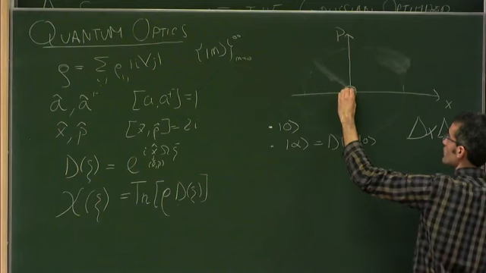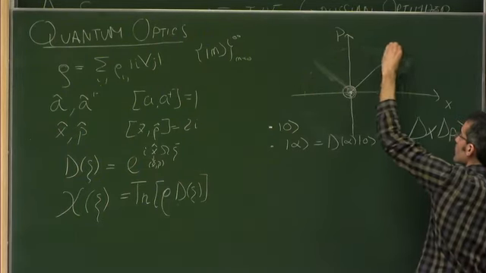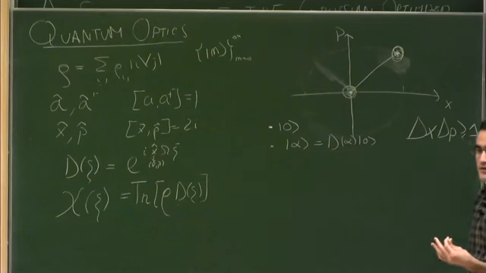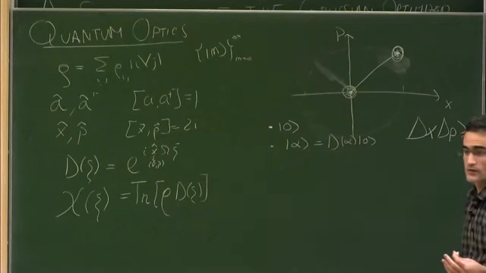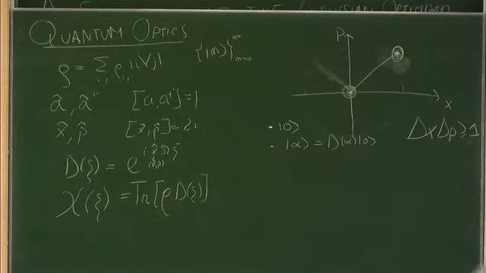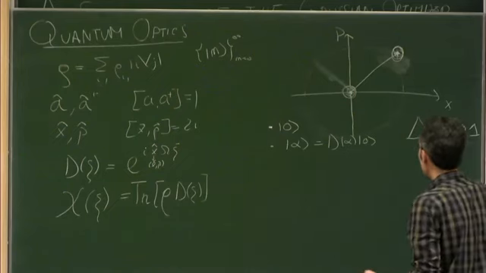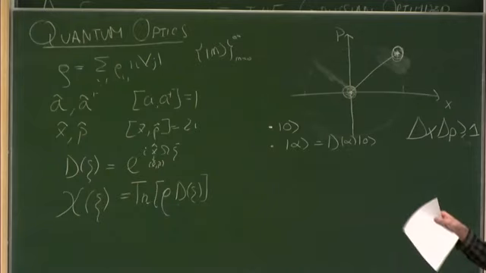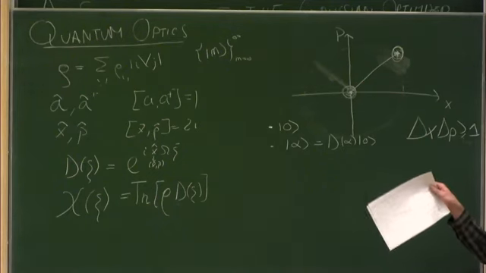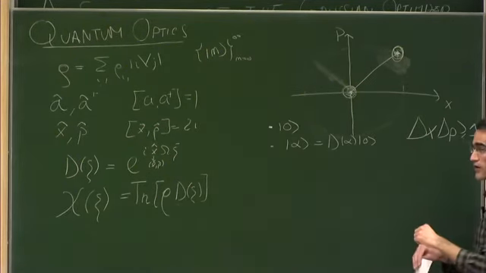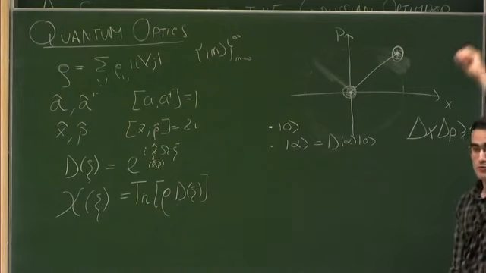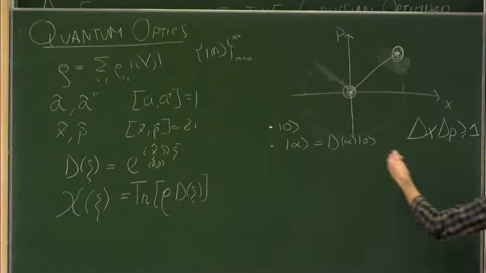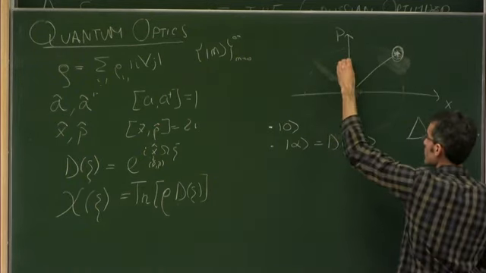For a coherent state, it will be this state displaced, is what I was explaining. So a coherent state is just something like that, again, where the mean of a coherent state behaves exactly as a classical harmonic oscillator. The thing is now we have some quantum noise around it. Then the next important states are the squeezed states, which, as the name means, you squeeze one quadrature. So the uncertainty on one quadrature is reduced below 1, okay? But the price you have to pay is that the uncertainty on the other quadrature is increased because you still have to satisfy this uncertainty relation. So somehow it will be something like that.